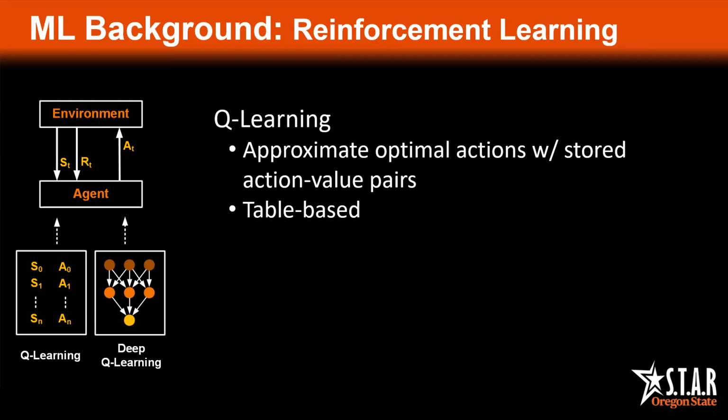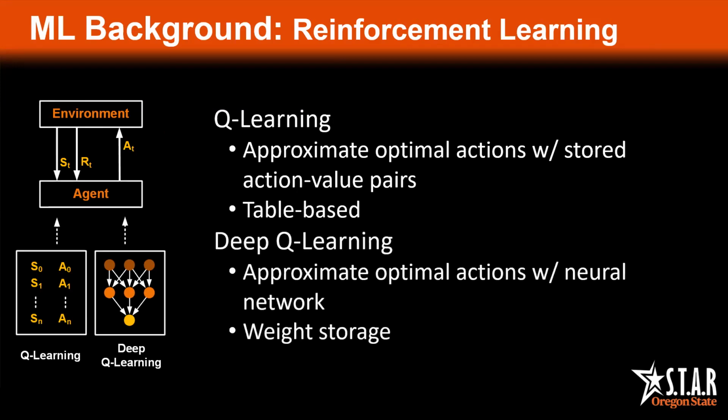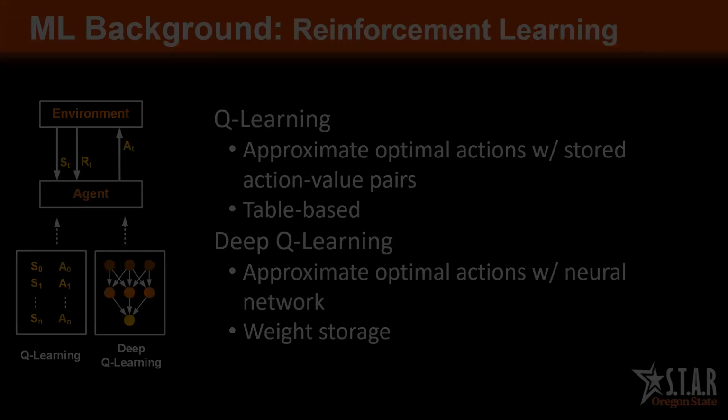Optimal actions are approximated using examples obtained from many states. Implementation, however, requires a table to store all of these pairs of actions and values. An alternative deep Q-learning approach instead uses a deep neural network to approximate the so-called action value function. This can eliminate tables for action value pairs, but introduces storage needs for the neural network weights.